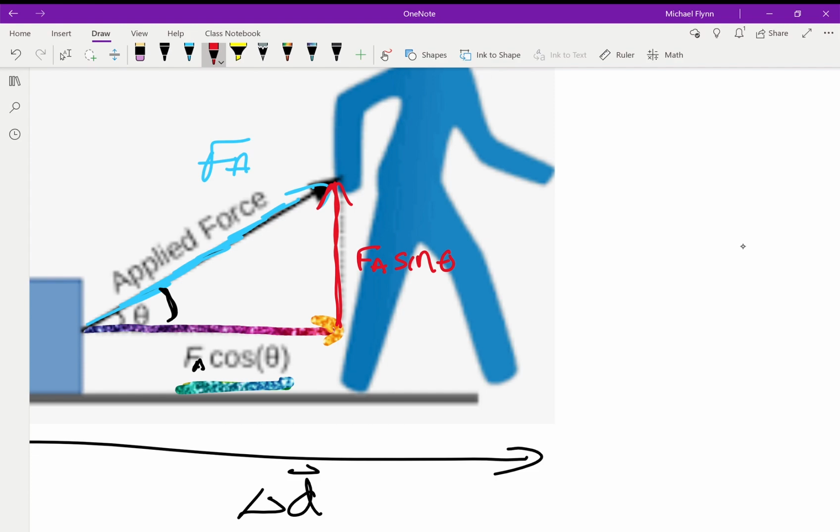But with the dot product, what we're going to do is multiply the rainbow component, F cos theta, times the displacement. See, that's where the formula comes from. It's force times displacement times the cos of theta, right? Now when you think about it, he's pulling it horizontally. So which of these vectors is doing useful work? Well, I'll write it for you here. F cos theta is doing the work